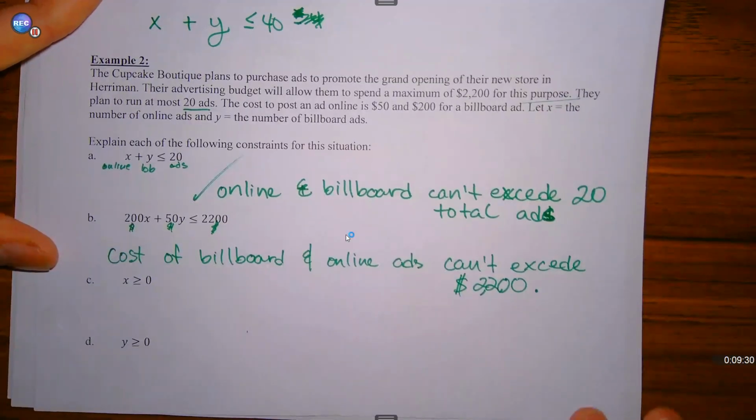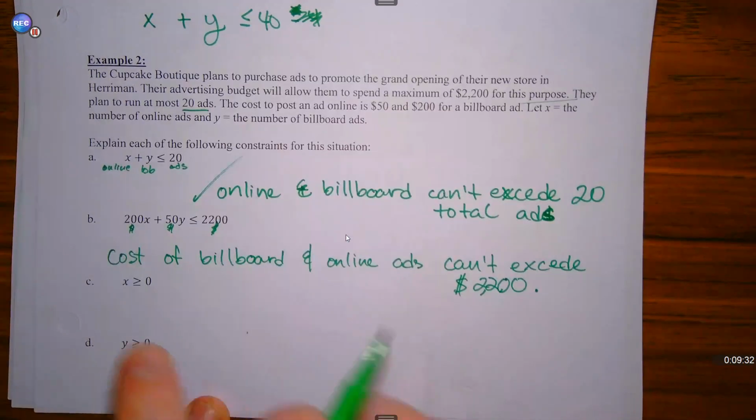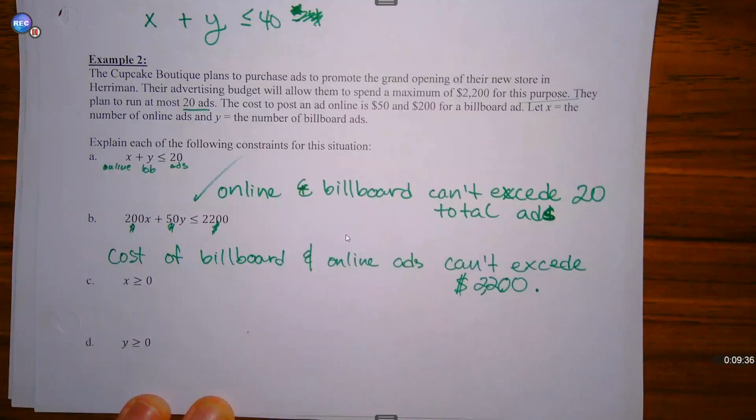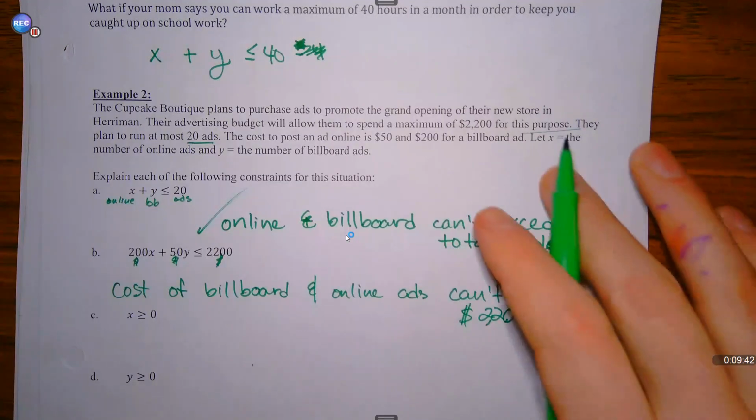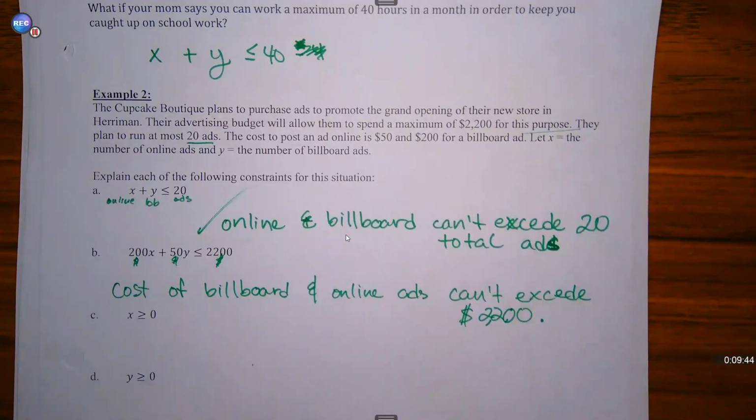Okay. All right. Now this is a weird constraint. You look up top and you're wondering, I don't see 0 anywhere on here. Same thing for D. What does it mean? Well, let's try and understand exactly what X means in the first place. It says the number of online ads has to be greater than or equal to what number? 0. Well, what's less than 0? Negative numbers. Negative numbers are less than 0. -1, -2,